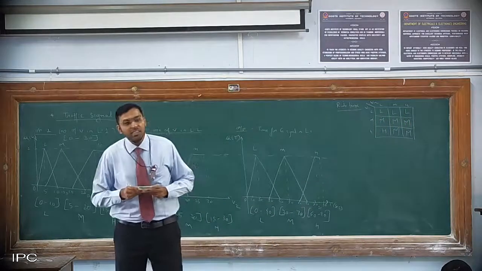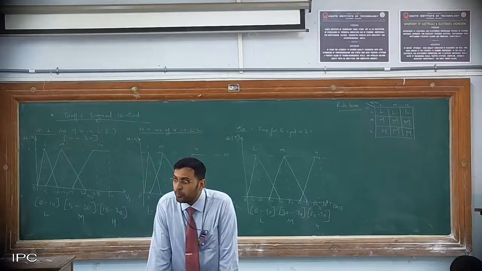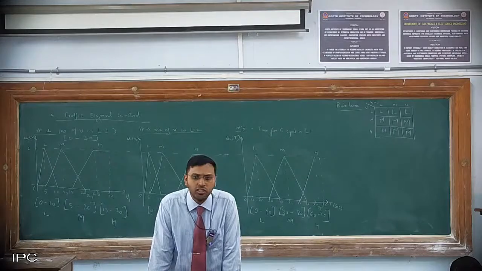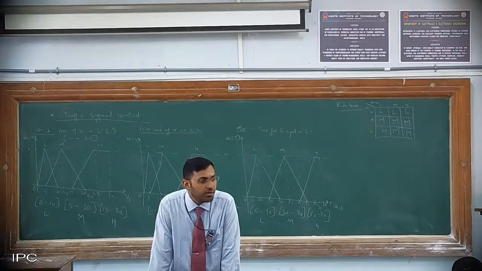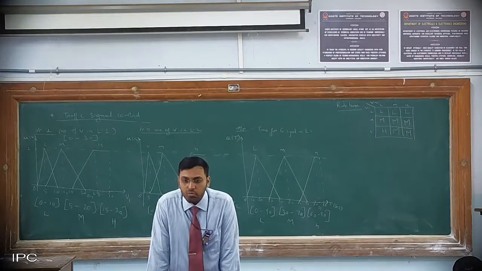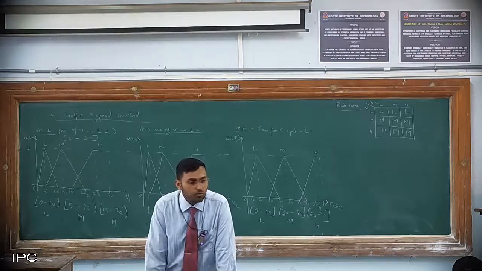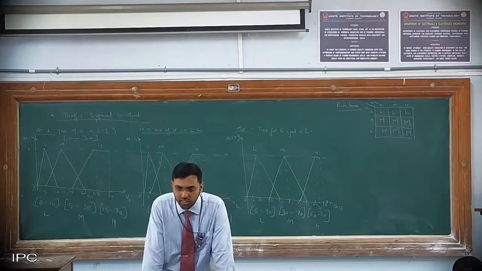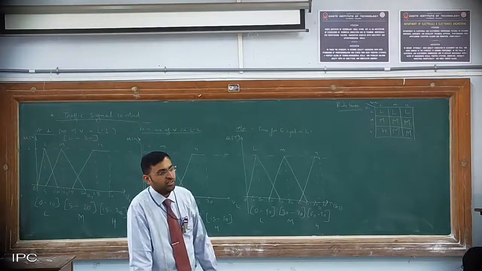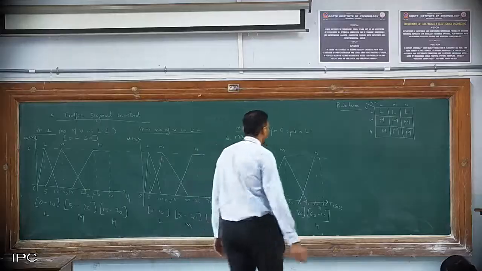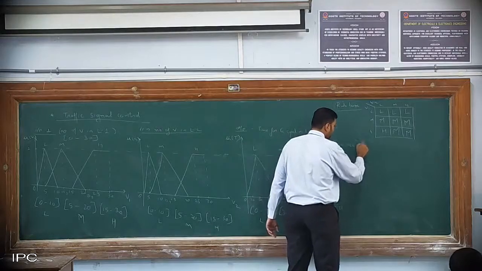The next part is nothing but the inference engine. Inference engine is the part where the computation takes place. Everything, calculation, everything, whatever is done, is done in the inference engine part. Fine. Now, the most commonly used inference engine is the Mamdani clipped inference engine. Okay. So please just make a note. After the rule base, you need to write the inference engine. So inference is Mamdani clipped inference engine.